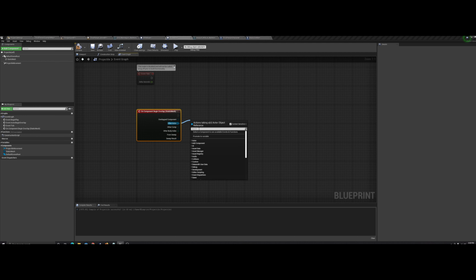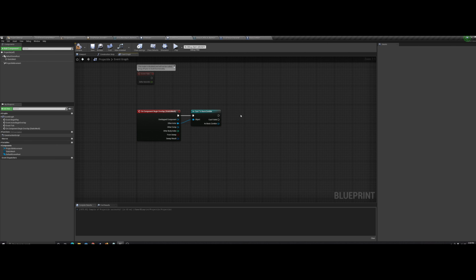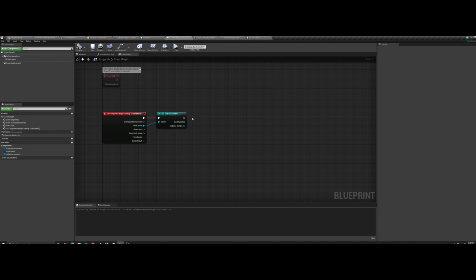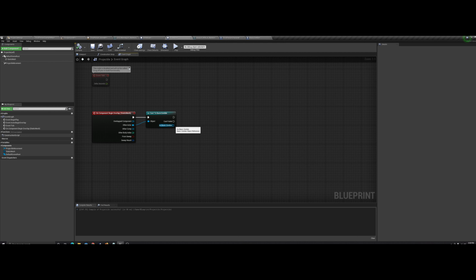We want to cast to basic zombie, because that'll get the information from the basic zombie blueprint, and if the mesh collides with anything that is from the basic zombie blueprint, it'll continue to execute. If anything else, it won't. It'll stop right here before it even goes. So as the basic zombie,